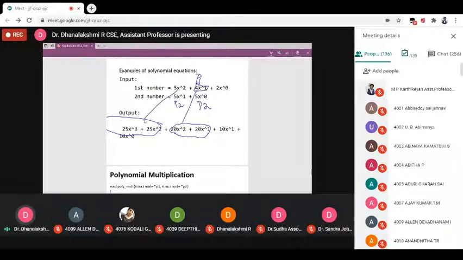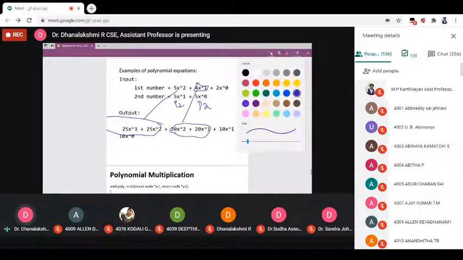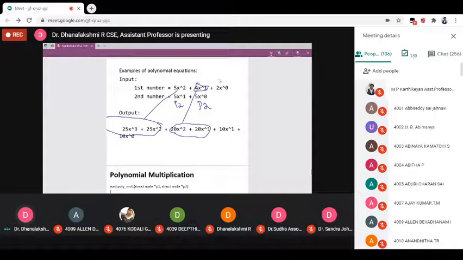Got it? Now you have to change this P1. Sorry. Now, this is our P1. Now you are going to perform multiplication of this P1 with the P2. The 10 x power 1. Now increment P2 alone. Then you have to perform multiplication with P2. So again 10 x power 0. So these two are the answer for the third term. Got it? This is a simple procedure for multiplication.